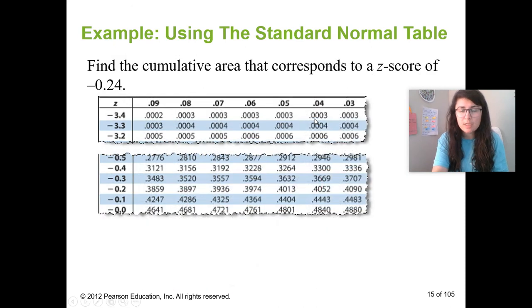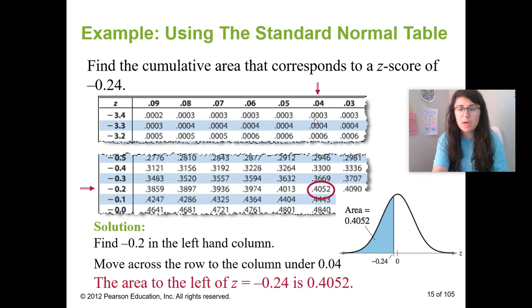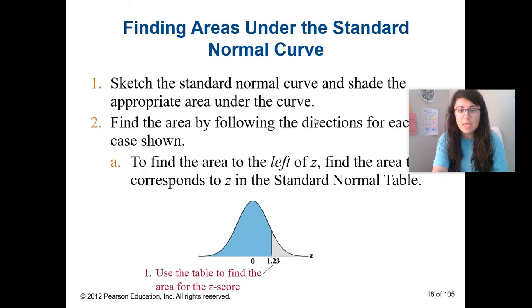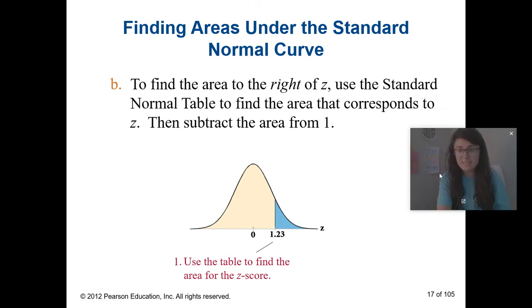So here's another one where they were looking up, they did the -0.2, then they got the 0.4, and they know that area to the left, okay? So this is all for area to the left. Now, to find the area to the right of a given z-score, you're going to still use that standard normal table to find the z-score for that value, the 1.23. So the first step is to take that 1.23,